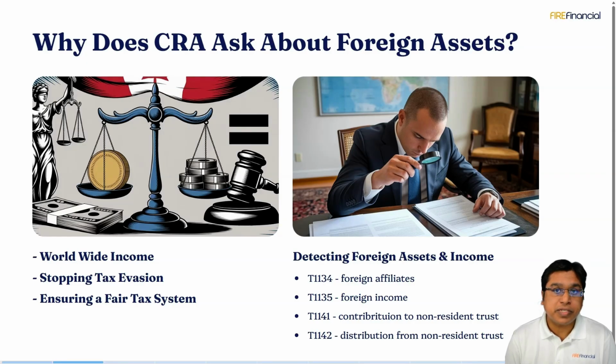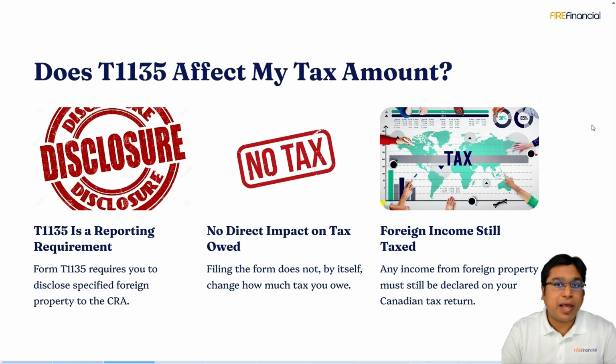fairness system. Now, CRA has a number of ways for reporting different types of assets. For example, if you are a beneficiary of a foreign trust, you are supposed to report that in a different set of reporting. CRA has a number of different reporting mechanisms to capture those foreign transactions. Now, what happens if somebody does not report their foreign income and assets on T1135? The CRA puts up $25 per day, $2,500 per year for failing to comply or failing to report.